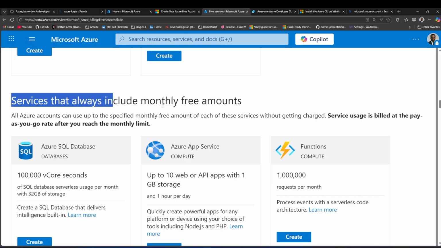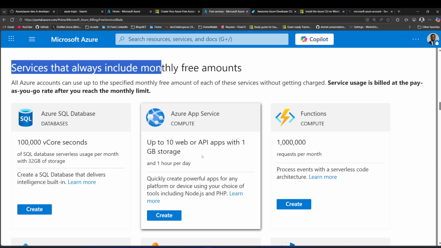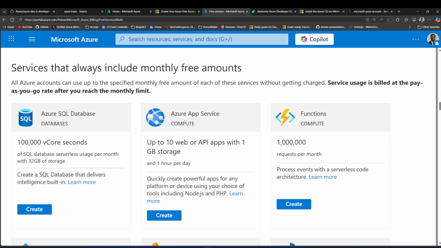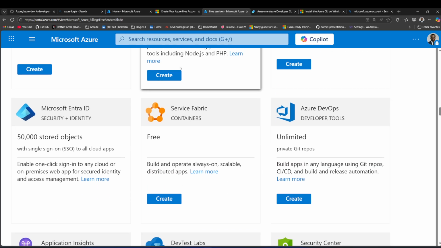And some services, as I said, like App Service, there's a free tier on it. So there are services that always include a free monthly plan, right? So these services are free. Azure Functions will mostly have a free plan that you can stay with. App Service also has that free service. So even if you don't have